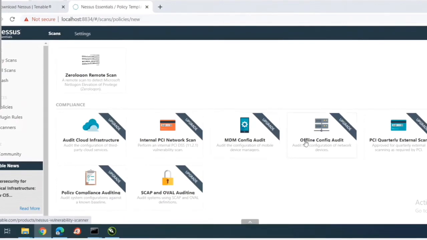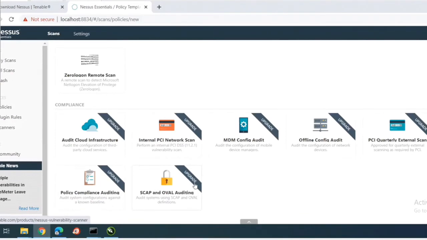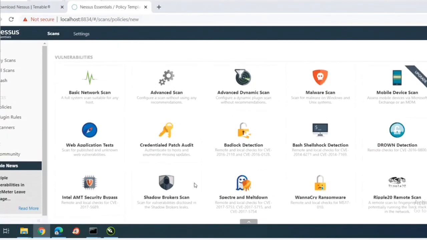The next one is offline configuration audit, then PCI quarterly scan. But this is an external scan, previously it was an internal scan. Then policy compliance auditing, SCAP and OVAL auditing. If you go slightly on top, you see basic network scan. So these are the policies which they have built.